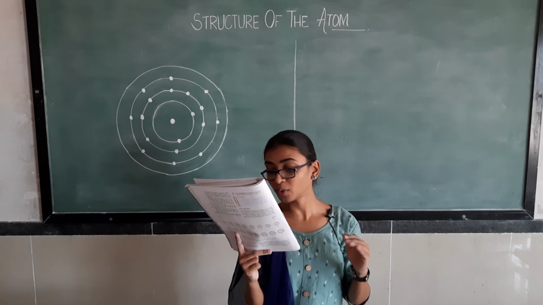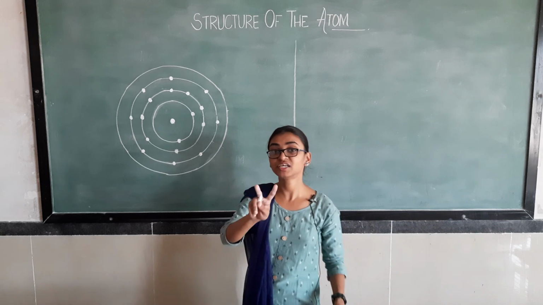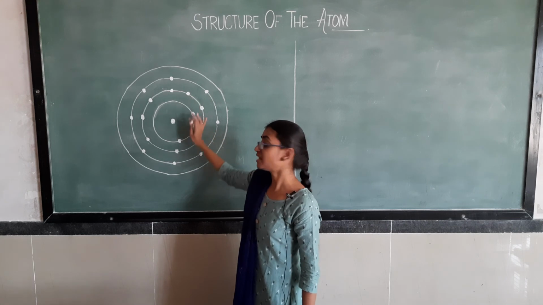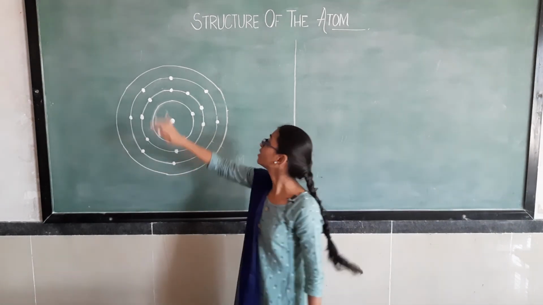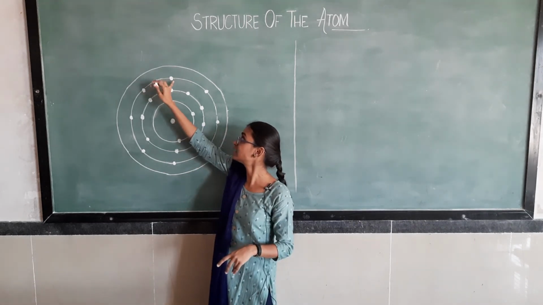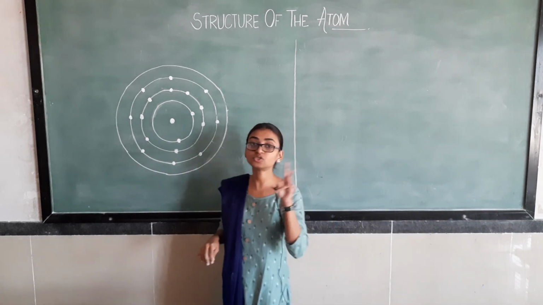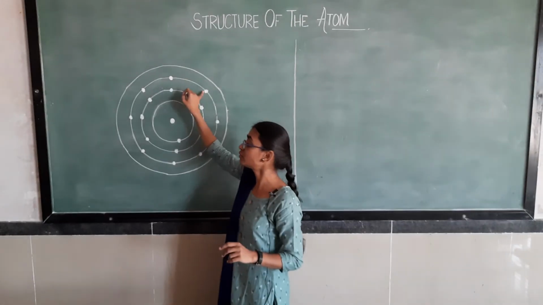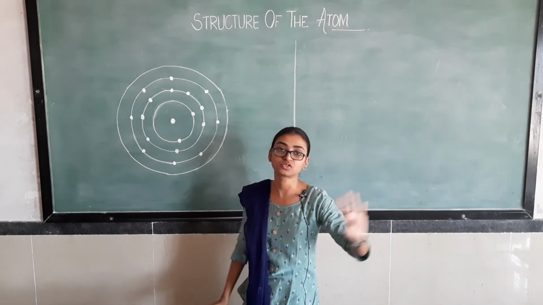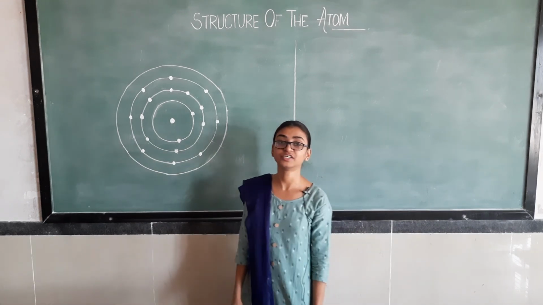Can you tell what is the valency of magnesium and aluminium? Magnesium has 12 electrons, so till the L shell the electronic configuration is stable. Now in case of sodium, we have seen sodium has 1 electron in its M shell. In case of magnesium, it has 2 electrons, as it has 12 electrons in total. So it has 2 electrons in its outermost shell. So it will also donate its 2 electrons to another element. So the valency of magnesium is what? The valency of magnesium is 2.